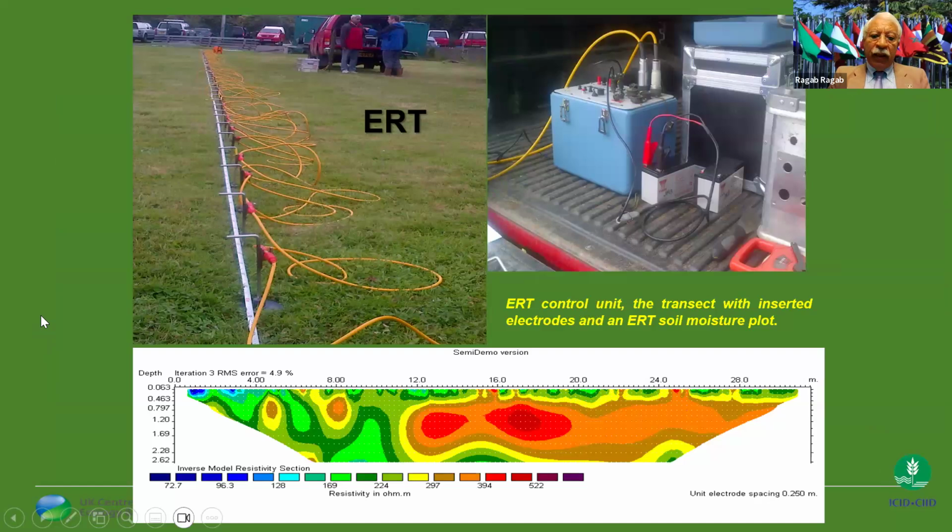So we started to pay more attention to ERT and to try to develop this method, which is really to use a current from the back of the car here. So from a battery, and we apply a current, and we look at the resistivity to the current based on the soil moisture. More water, less resistance. Less water, more resistance. As simple as that.